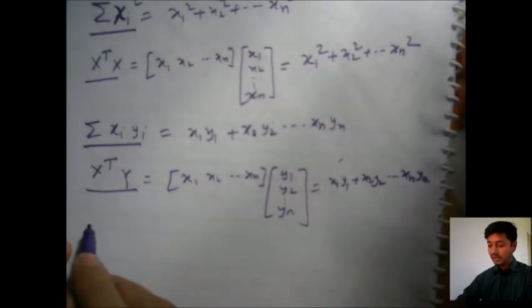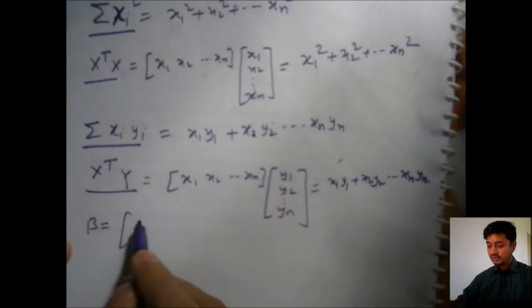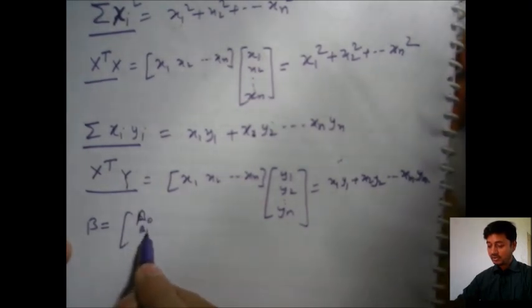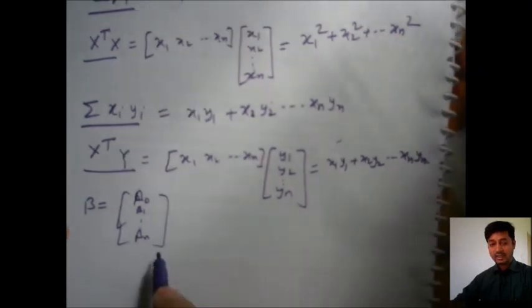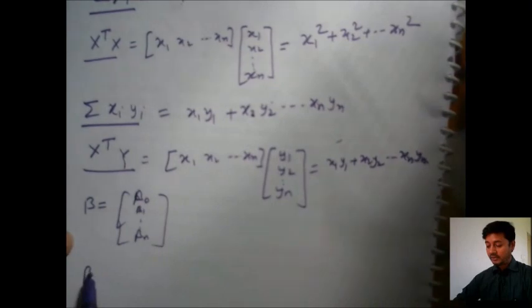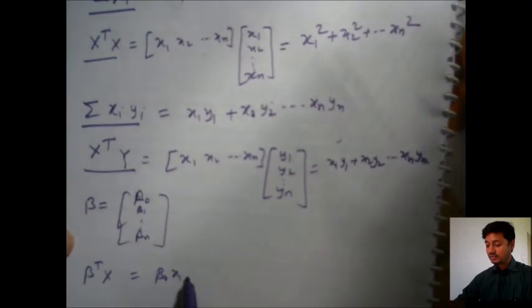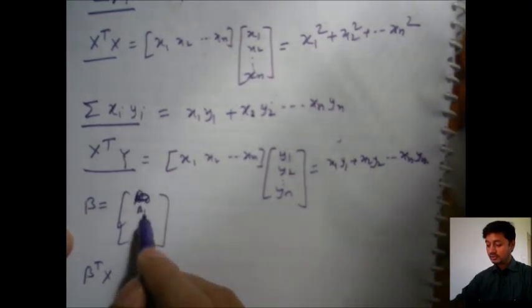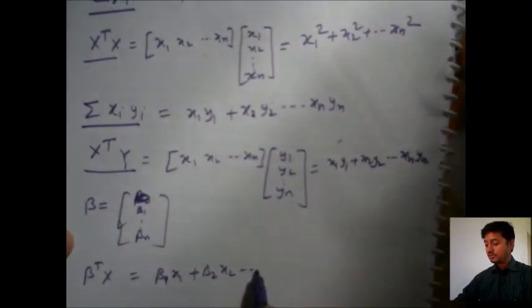Let us say our beta is beta naught, beta 1, beta n. If you multiply beta transpose x, you will get beta 1 x1 plus beta 2 x2